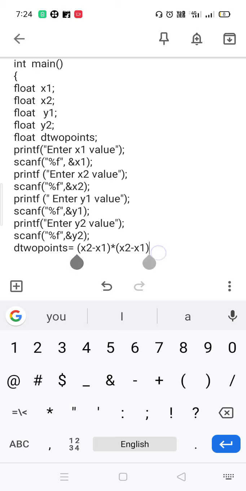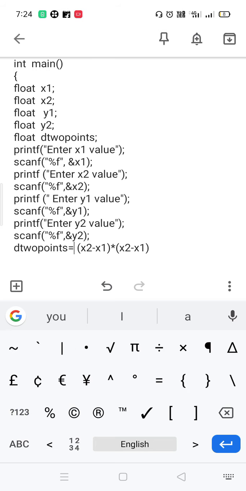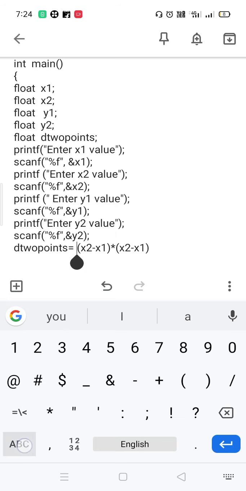After brackets, these two statements are within another bracket, is equal to, closing these brackets. So x2 minus x1 whole square, how we have written, x2 minus x1 into x2 minus x1